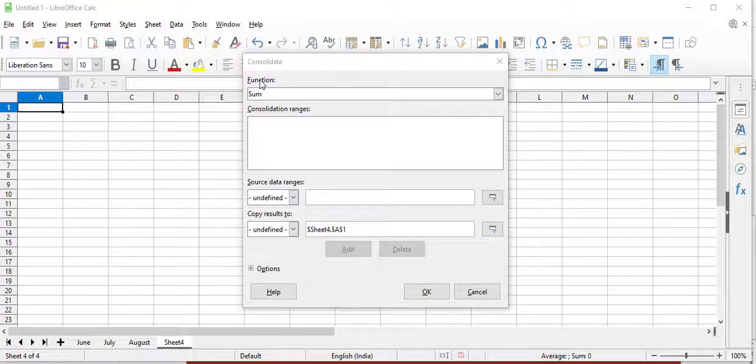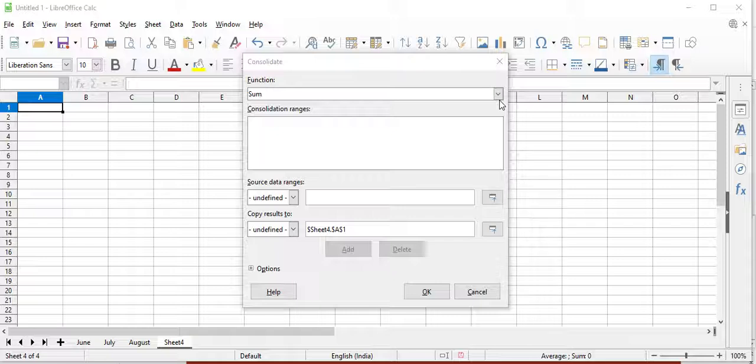This is where you can define the consolidate data. Here you can see Function, which function you want. If you want the total of all the products sold throughout these 3 months, you can choose the sum function.